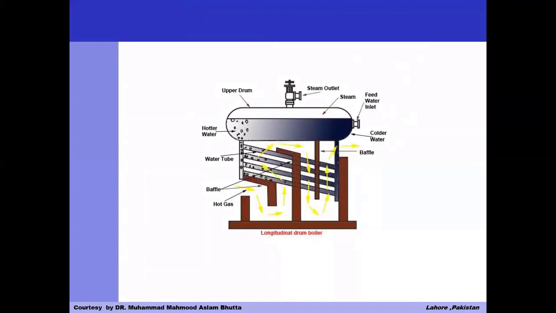In the longitudinal drum boiler, one cylindrical drum is longitudinally placed over the heating chamber. Like this is the heating chamber. In the rear of the drum, the downcomer tube is fitted, and in front of the drum the riser tube is fitted, as shown in the figure. The downcomer tubes and the riser are connected to each other by 5 degree to 15 degree inclined straight water tubes, as shown in the figure. You can see the angle between the downcomers and the angle between the riser. So the angle is about 5 to 15 degrees.